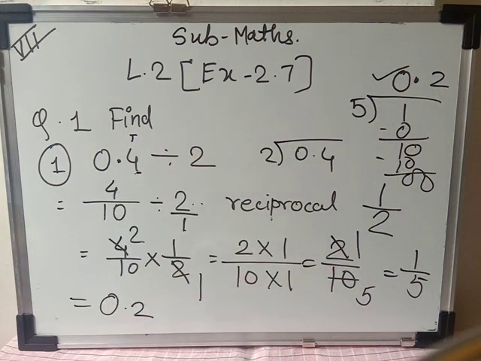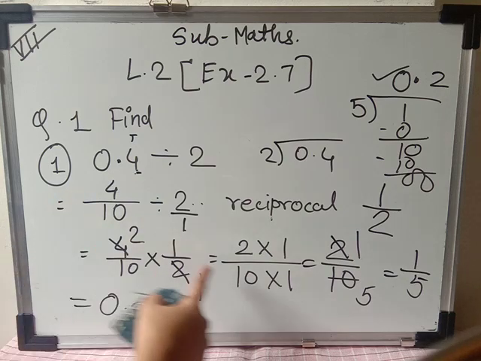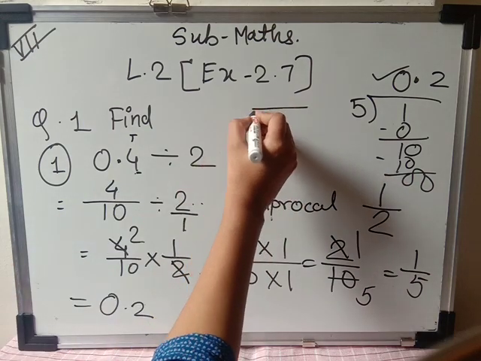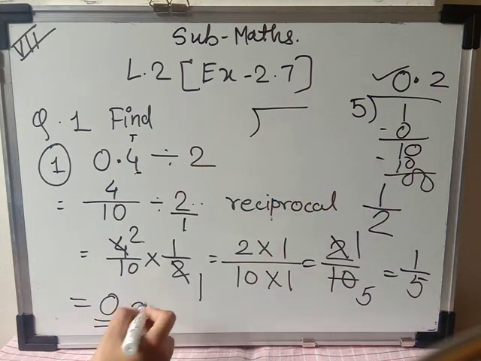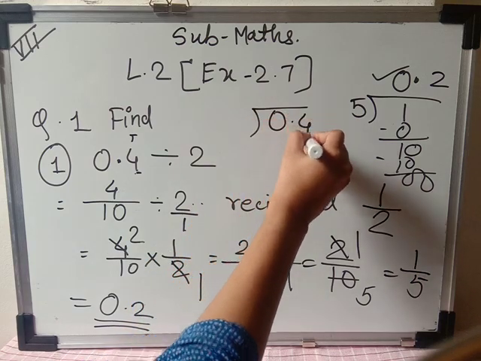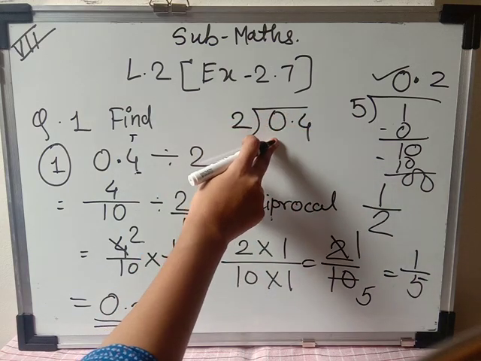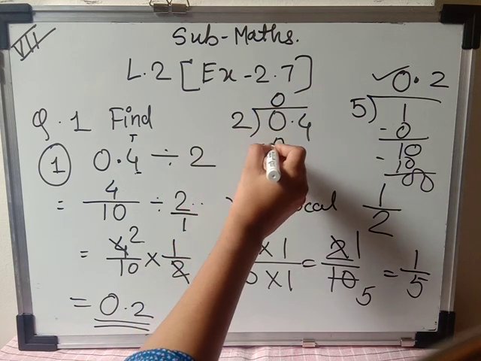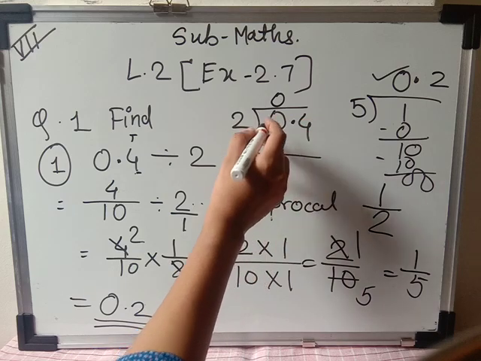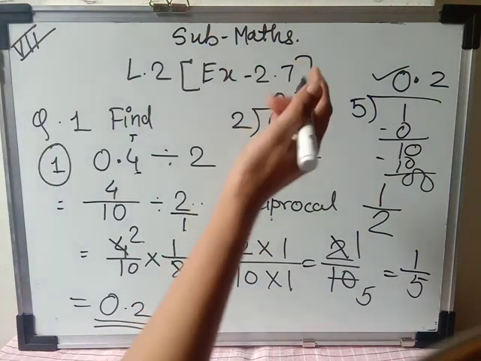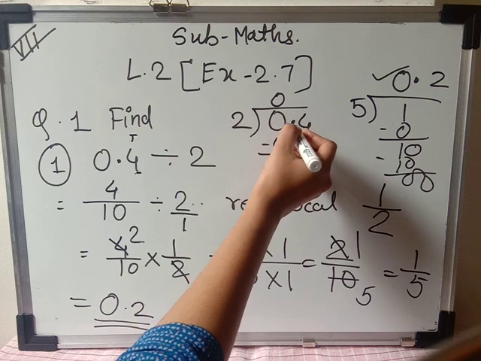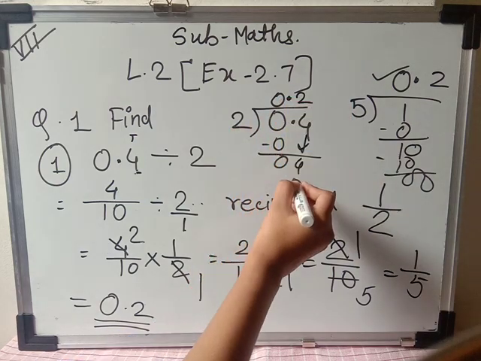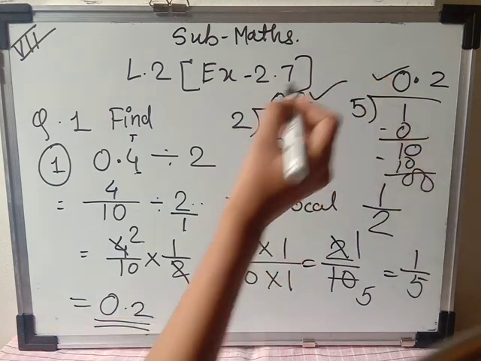Okay, now let's see the answer with the traditional way. If we don't do so many processes and directly solve it, okay, then also we will get the same answer. How? Let's see. So 0.4 and here 2. Okay, now we can't divide the 0. Here any number is not there, it means we have to divide with the 0 only. So 0 here, before the decimal we have finished the division of those numbers. So here we have to take the decimal, take 4 down. Okay, 2 twos are 4.